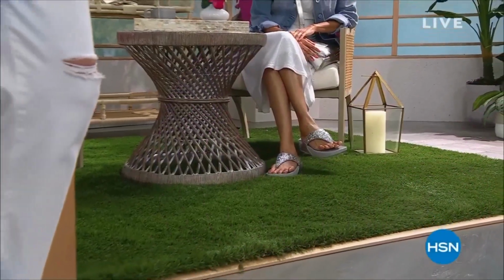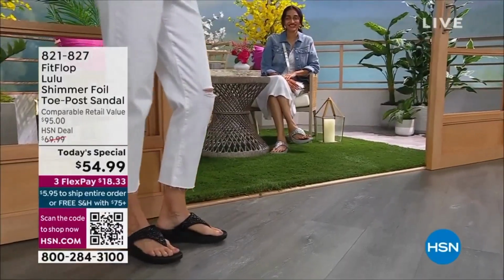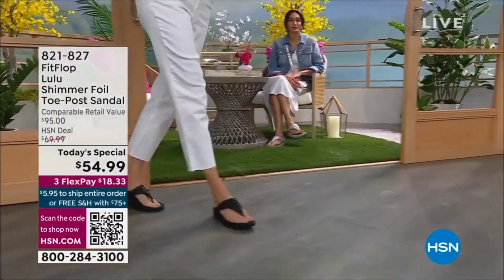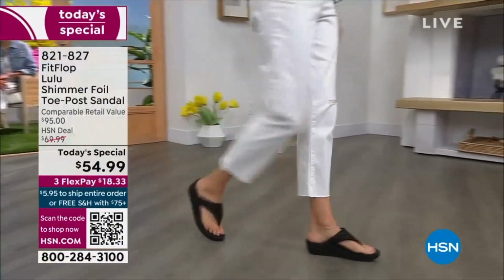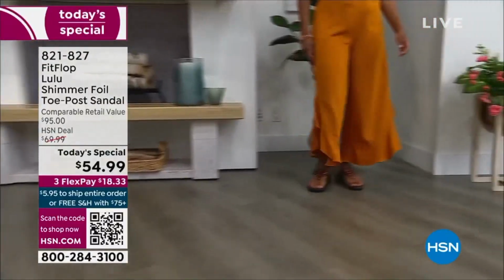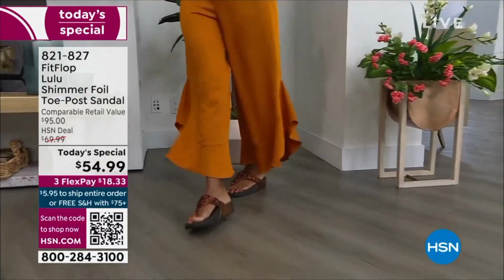The Lulu was my very first purchase. Yes, and my introduction to the most comfortable, fabulous footwear brand. And I'm not kidding. We're going to talk about all the great benefits. But what we're doing today, and only for today, is a special that in retail, where you'll find FitFlop around